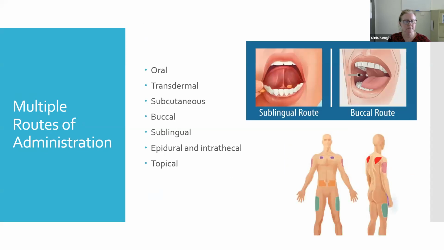So there's also multiple routes of administration of medications. Obviously, the most common is oral. So most tablets that we take, we take orally. Transdermal, so fentanyl or Norspan, placed on the skin. Subcutaneous. So the subcutaneous route is used by injection just under the skin, so in the subcutaneous layer. The most common injections that we give there probably are diabetic medication, so insulin and Clexane.